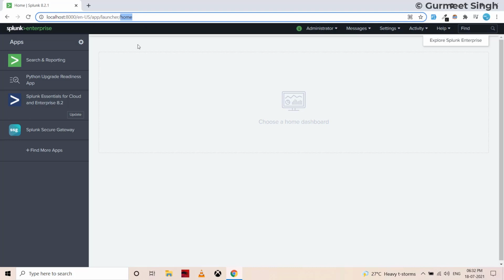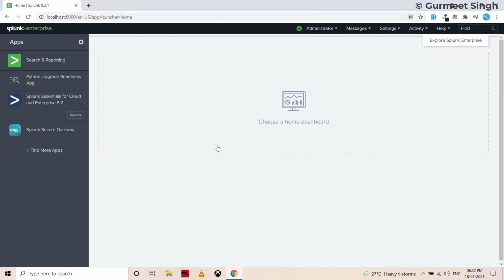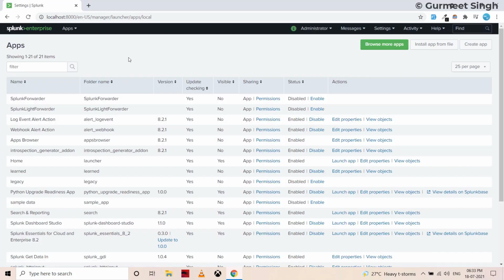We will understand this concept later, but just understand that by default, for the first time when you install Splunk Enterprise, it runs the launcher application. You can also choose a default application to load whenever you log into your Splunk instance. These are only 4 applications it is showing, but it has more applications installed. You can view the full list of applications that are installed in Splunk by clicking on this gear icon. This will open the Manage Apps page.